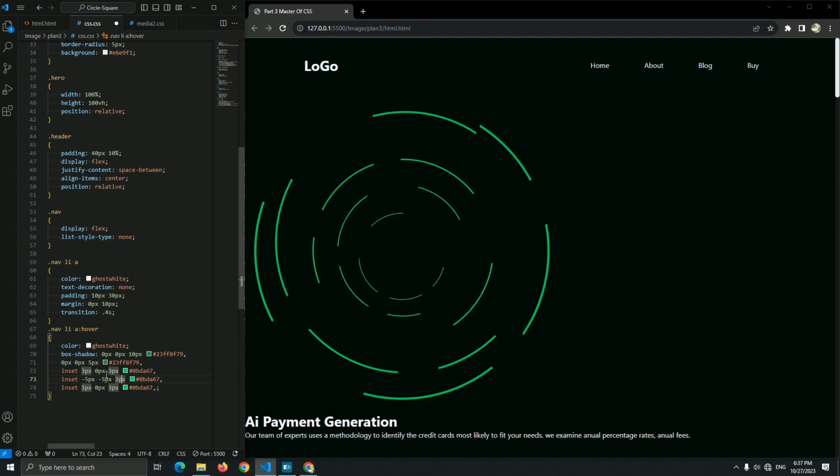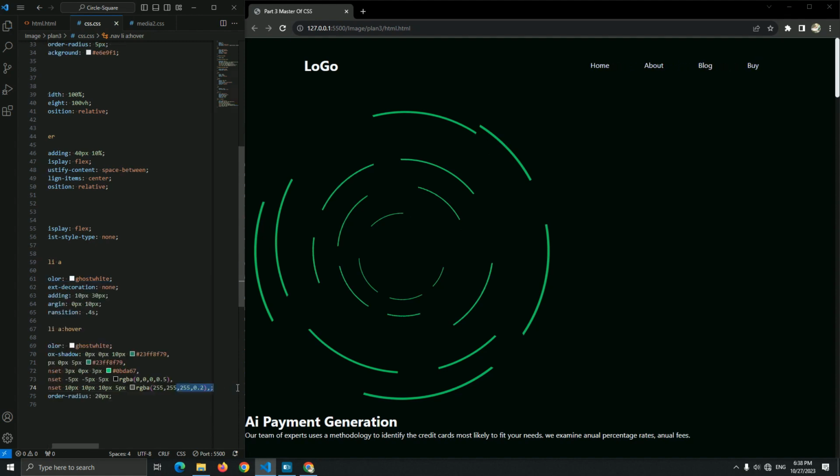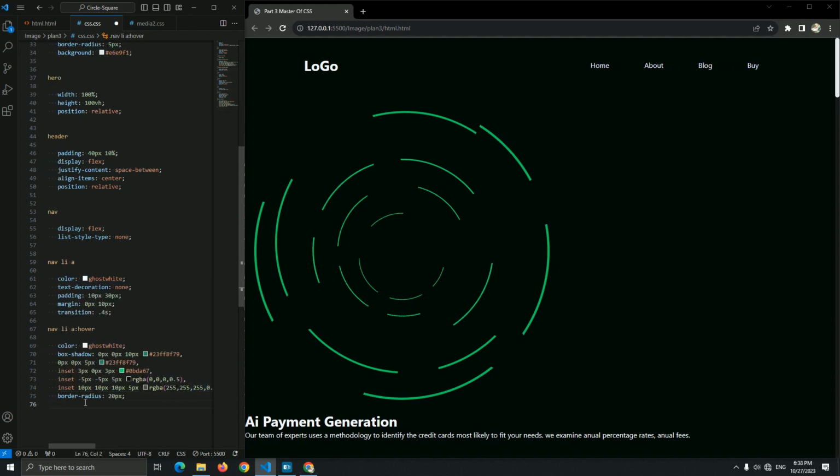And let me add the RGB instead of color. Let me use 50%, yes, or 5 for this RGB of the black. And for this RGB, let me add 20%, change this to 10 pixel, and let me add another 10 pixel, and for this one be 5 pixel. Yep. And yeah, oh, I'm sorry, the box shadow is just okay.